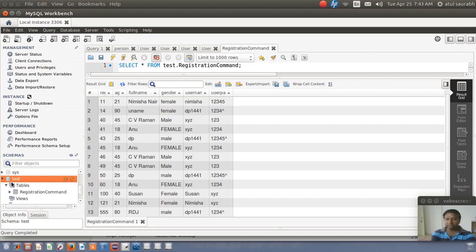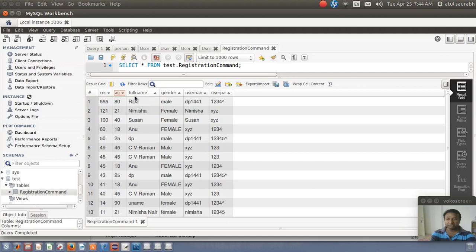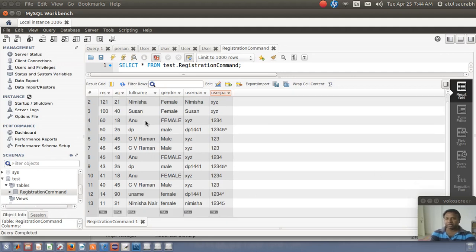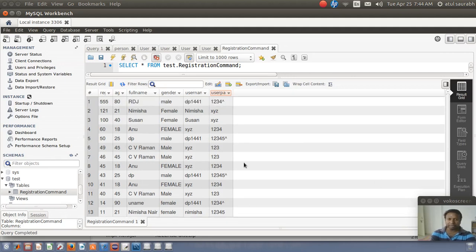Inside the MySQL server, I have this test database, and in that test database, I am working on this registration command table, and in this table I have a certain number of rows and columns. The columns are reg ID, age, full name, gender, username, and user pass. Those are the columns available in this particular table. Obviously I have a certain number of rows also available in this table.